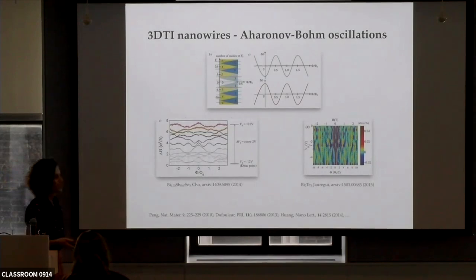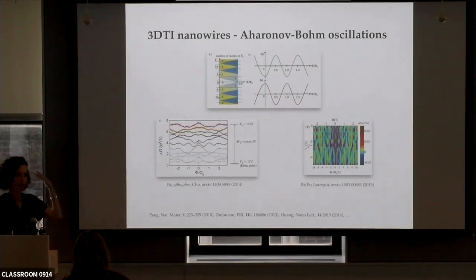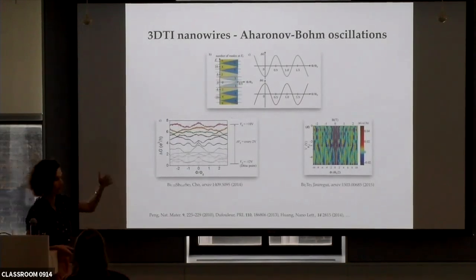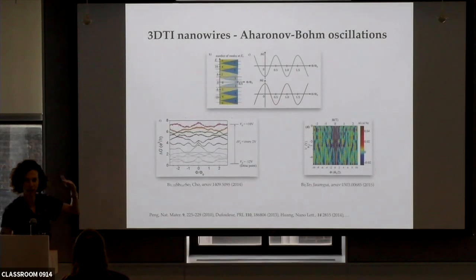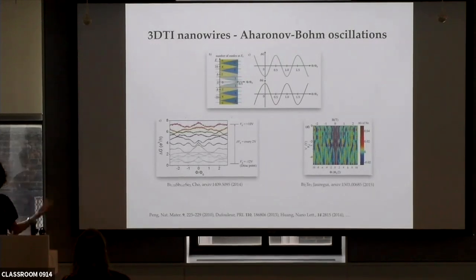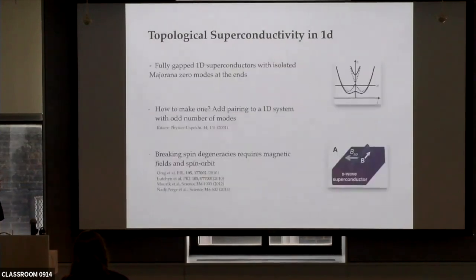And the way you would think about this is you want to fix the chemical potential to some value, let's say in the absence of flux. All the modes are doubly degenerate. You have an even number of modes under the chemical potential. Then you start changing the flux, and what happens is that the parity of the number of modes switches from even to odd, even to odd. Okay, so this causes oscillations in the two-terminal conductance. And that's what you're seeing here. Okay, so this physics is relevant for realistic systems.